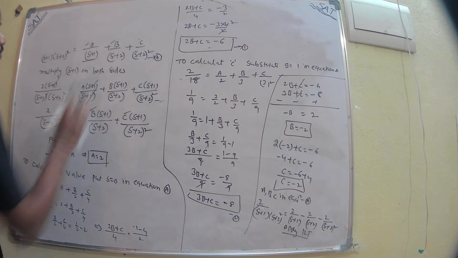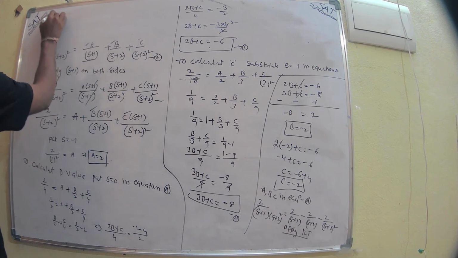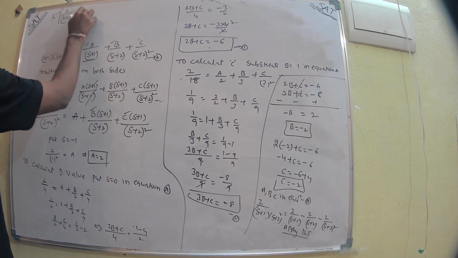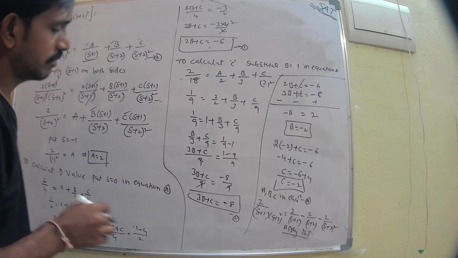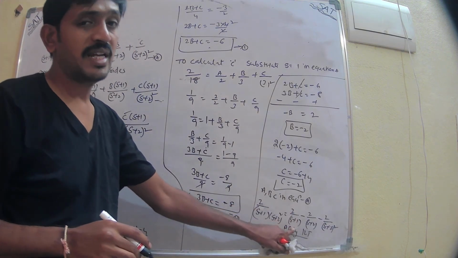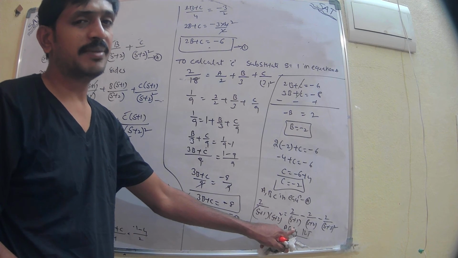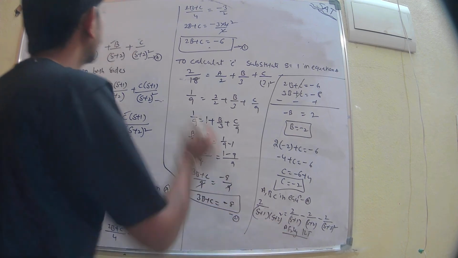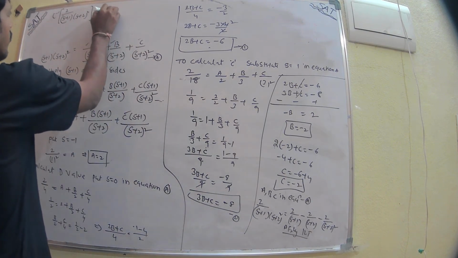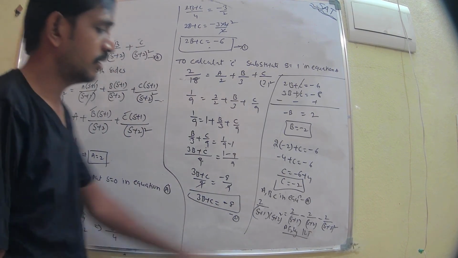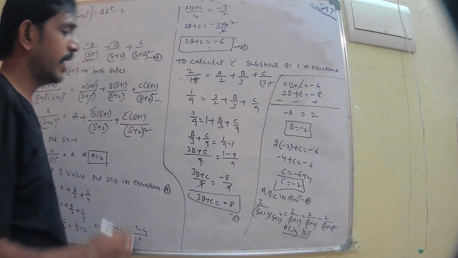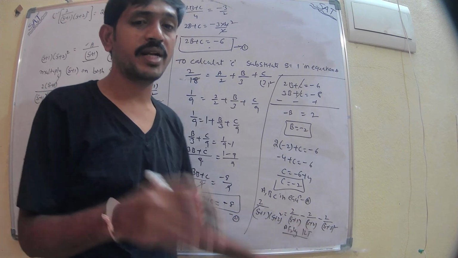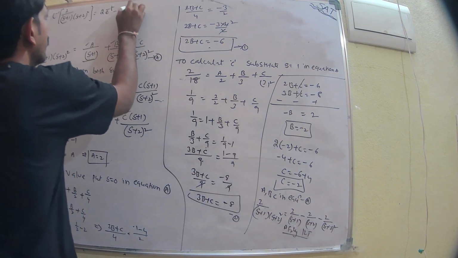So the inverse Laplace transform of 2 by (s plus 1) into (s plus 2) whole square. The inverse Laplace transform of 2 by (s plus 1) is in the form of the inverse Laplace transform of 1 by (s plus a). In the place of a, 1 is there, so e power minus at, e power minus t. So 2 into e power minus t. Next, minus 2 times the inverse Laplace transform of 1 by (s plus a). In the place of a, 2 is there, e power minus 2t. So minus 2 into e power minus 2t.